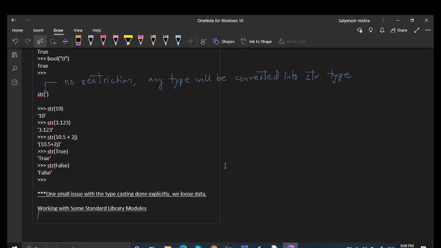What is a module? The answer is: a Python module is a file which contains